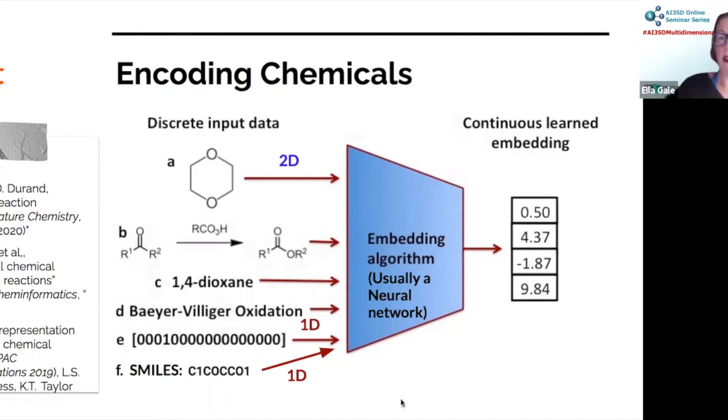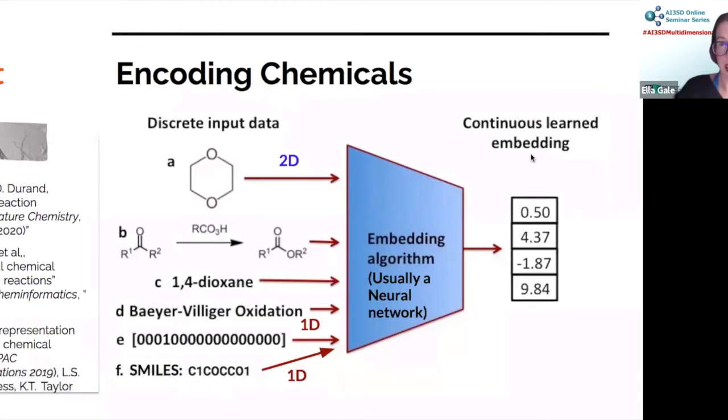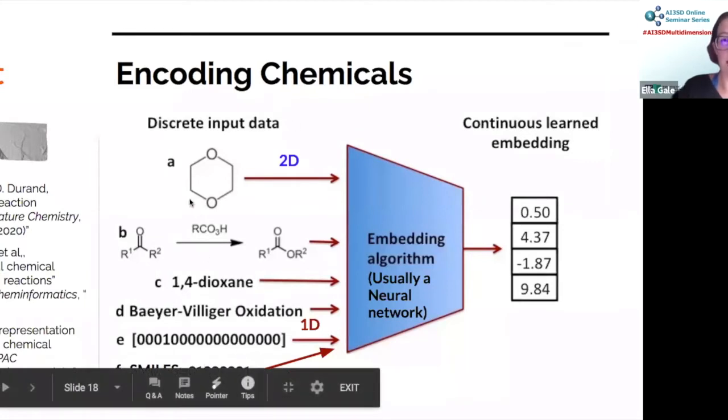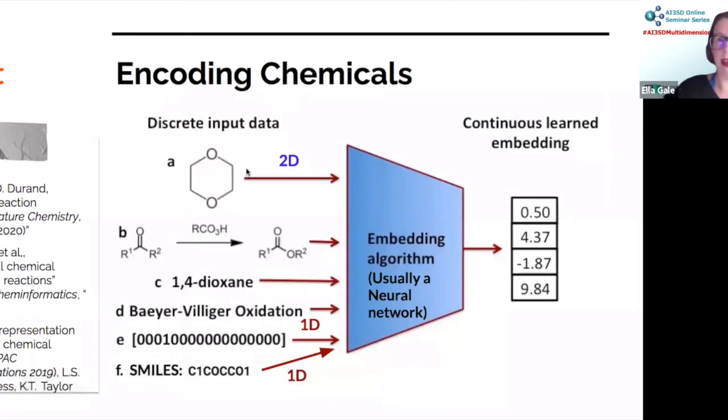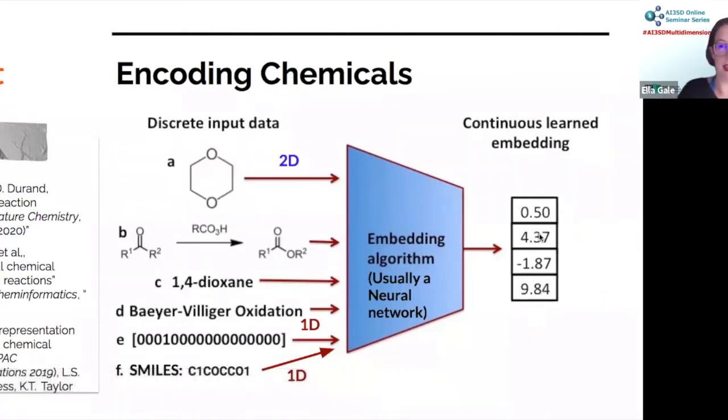I'm going to talk quite a lot about neural networks for this, but there are other ways. And then what we get out the other end is what's called a continuous learned embedding. Now, this is very cool. So this is actually a 4-dimensional space. So we've taken our input of all of our molecules over all chemical space, or over parts of chemical space, and we have embedded it into a smaller 4-dimensional space. That's basically how neural networks work, and I'll talk about this a bit later.